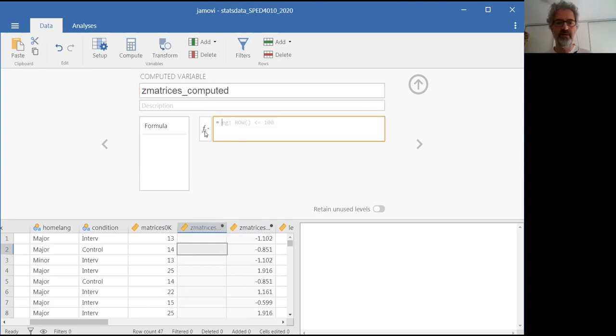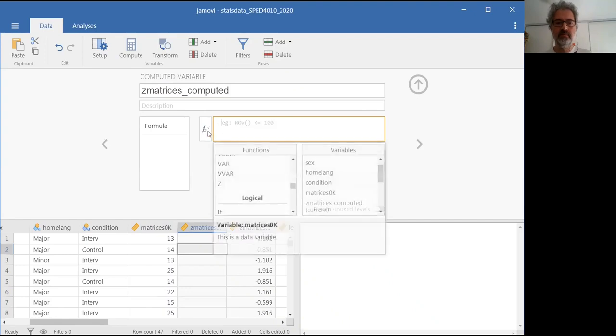And instead of using the z function, I'm going to use the formula. So what is the formula for getting a z-score? Well, I need each value. I'm going to double click on the original variable and press minus on the keyboard,